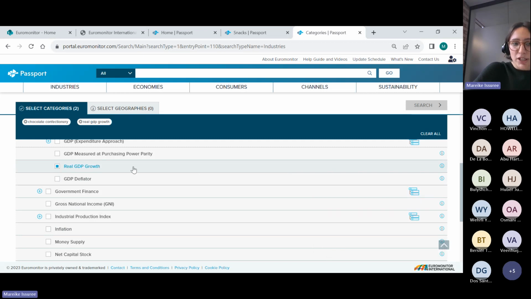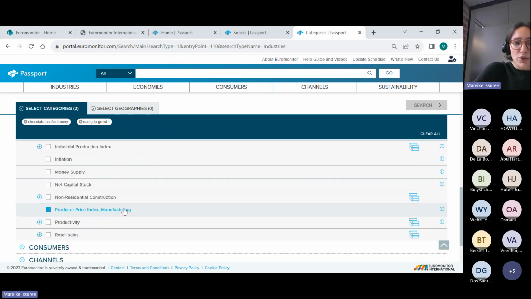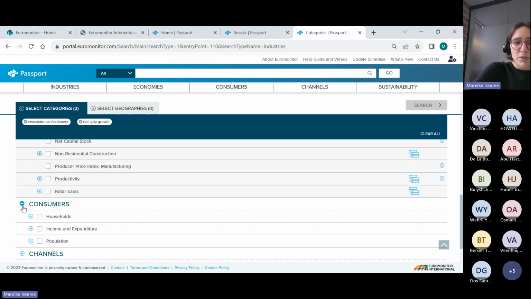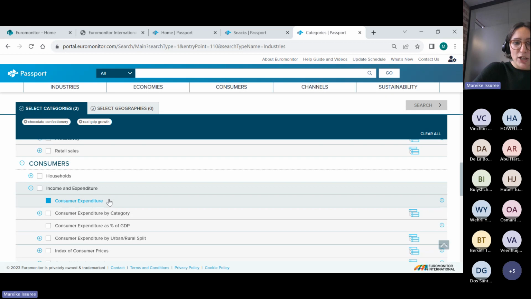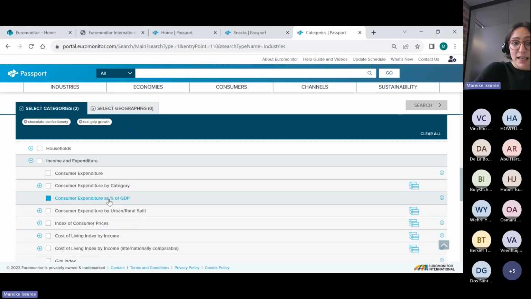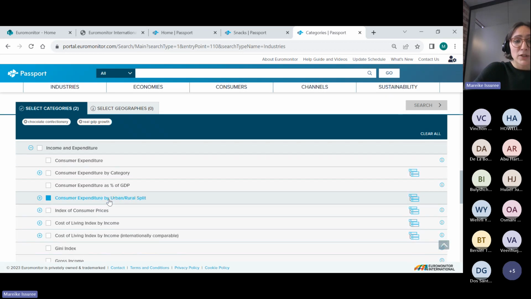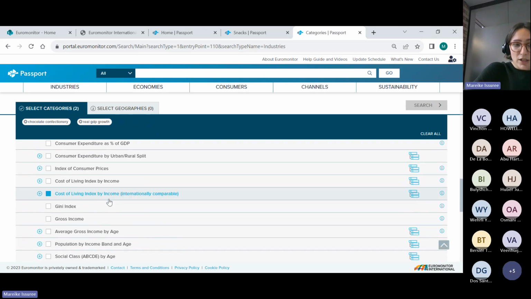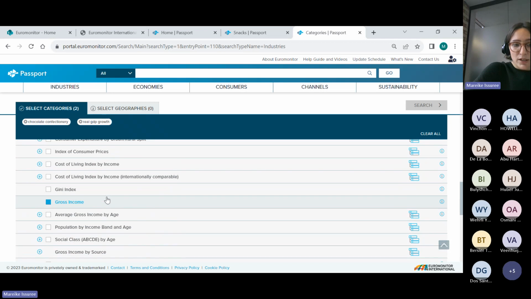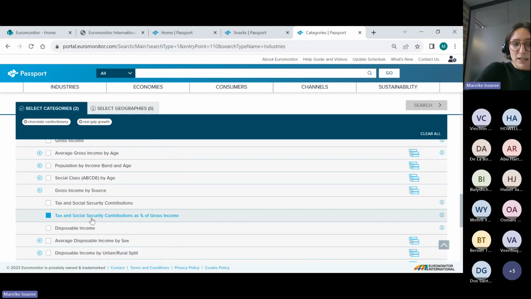Now I've selected real GDP growth. What I could also do is now jump into consumers because I want to learn a bit about disposable income. So here you can see we have income and expenditure. And again, if I press plus, I get the options of hundreds of different indicators related to income and expenditure. If I scroll down, I will eventually find disposable income and select this because, of course, it would be useful